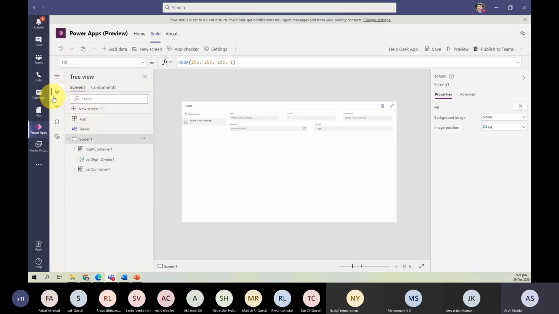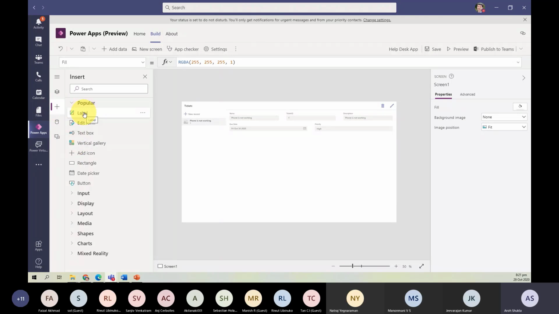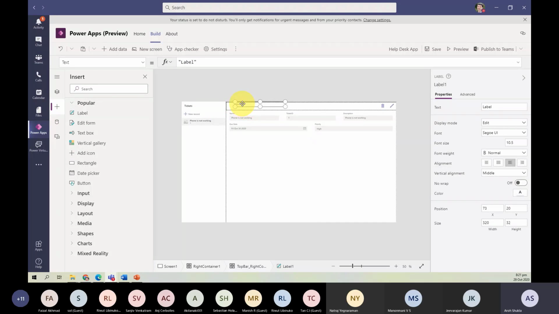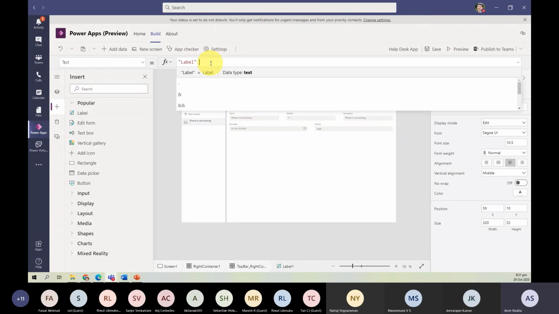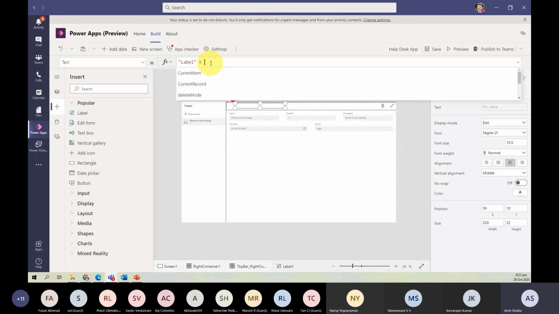Now here, when you click on this icon, you have some integration with Microsoft Teams, right? You have a lot of integration you can do. So what I can do, I can add some labels just to show you that we are working inside the Microsoft Teams environment, right? So let me just put Teams, and then I can see this team.